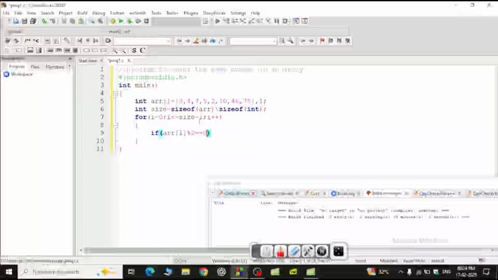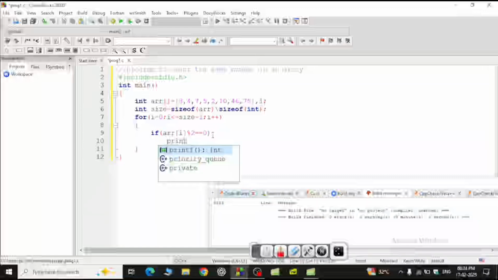Whatever the i-th element in the array, that should be divided by 2, so that the values which are divided by 2 are the even numbers, because we have used the condition array of i mod 2 equals 0,